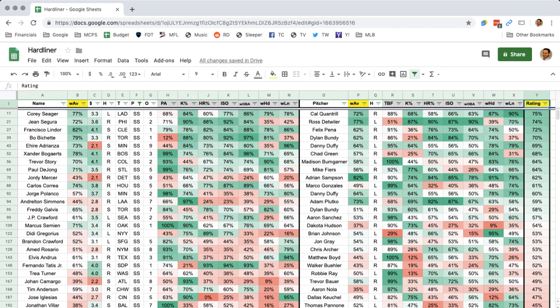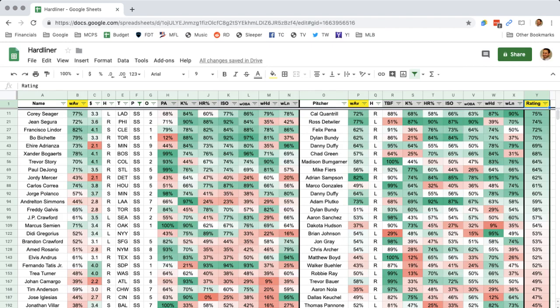Lindor, however, does hit the ball hard against the opposing pitcher handedness. So the difference between Segura and Lindor is just the quality of contact. Segura is getting results, but Lindor is also getting really quality contact. So Segura is not always going to be a can't-miss play against lefties just because of that. However, he's going against Ross Detweiler, who is really bad against opposing righties.